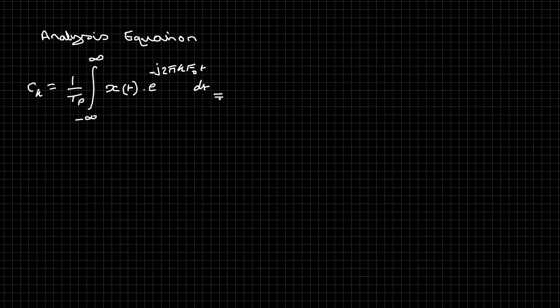We have a signal x of t, which could be anything, and we're multiplying that signal with a set of sinusoids. And then we take the products of those multiplications and we integrate them, or you could say we sum them together to create an output. So what we could say is that we are taking our signal, we are comparing it against a set of sinusoids, and seeing how alike the two things are. And in this way we are breaking our signal down into components